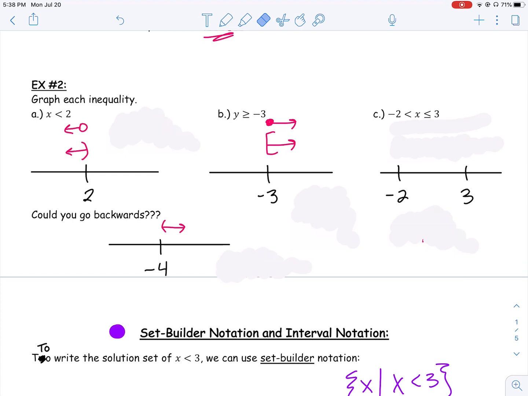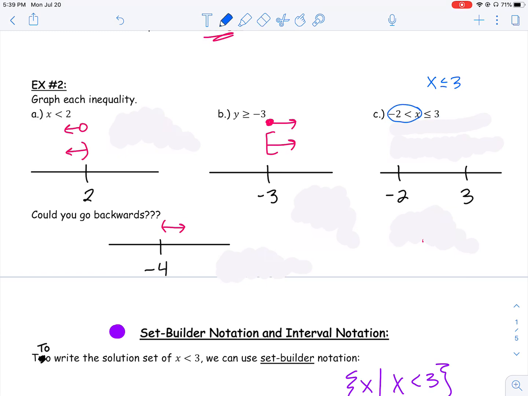All right, C is a little bit different. This one is a compound inequality where we have two inequalities at the same time. A little bit harder because we have that compound inequality. So what you might want to do is read each part separately. Look at this side. This side says x is less than or equal to 3. This side,